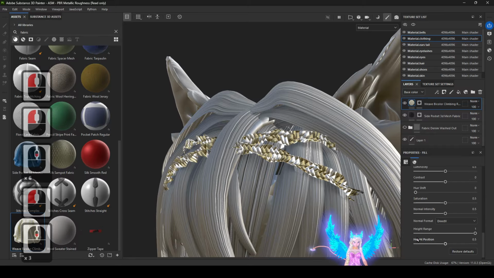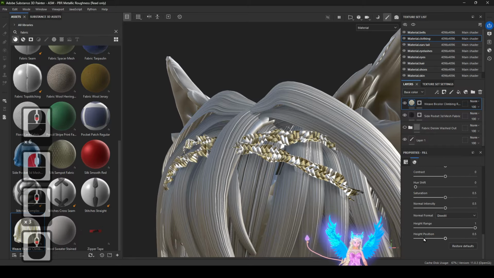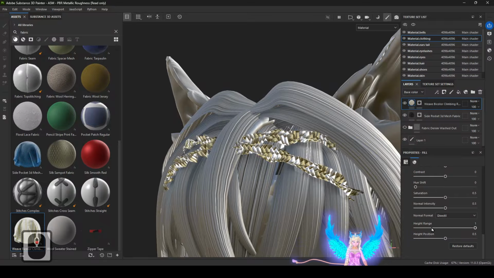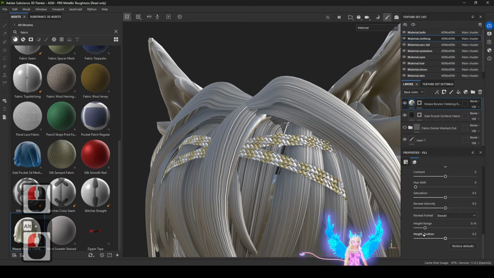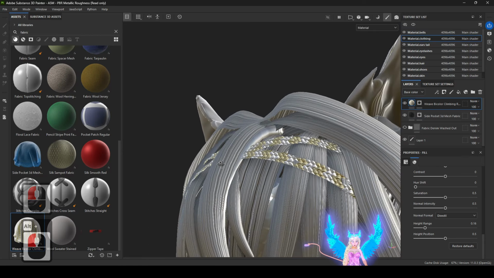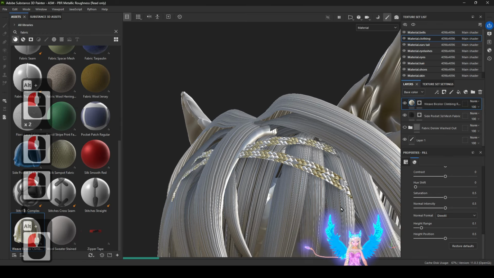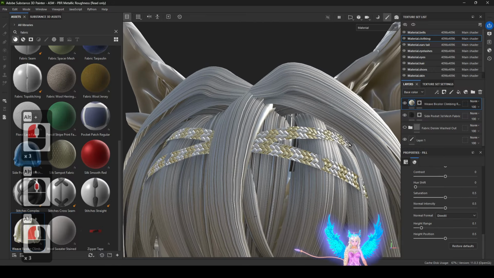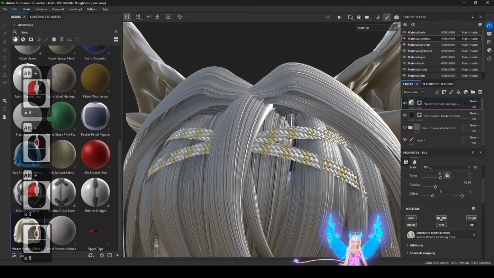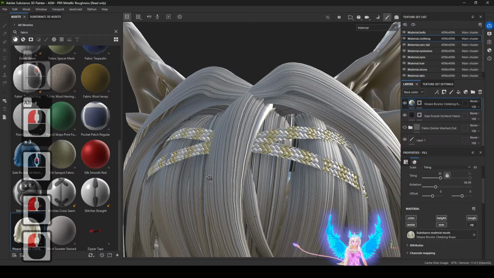Just go down here and go to thickness. Let's see, where is it? Height range, height position. Let's click this. Let's put it down to halfway like that. Let's see, let's do height position is where position, for example. Yeah, let's click this to, let's do a 1. Just a little lower. But as you can see, it still has the awesome thickness to it. So for example, we got rid of it, be like that, then boom, now it has it, the cool, awesome